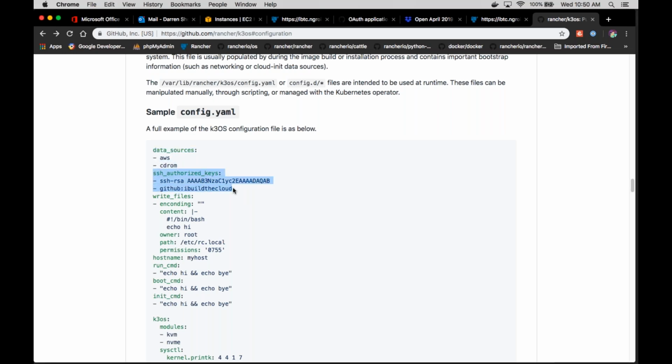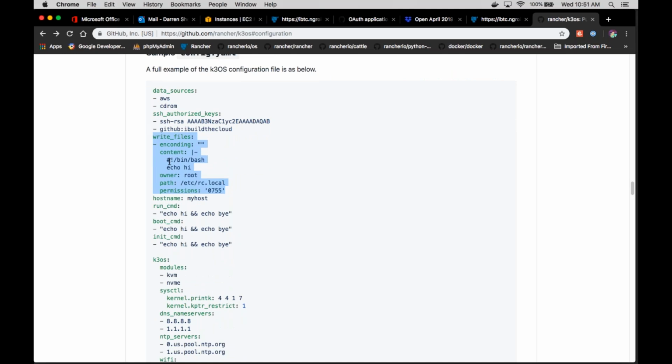This is what authorized keys. This is write files. So this is, write these files on disk. This is actually kind of the primary way you're going to do a lot of configuration. There's not a huge amount you really need to configure with K3OS, but if you want